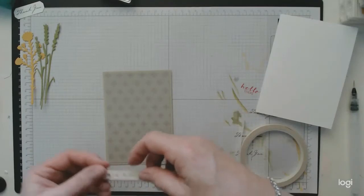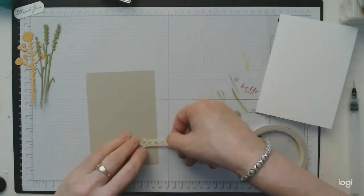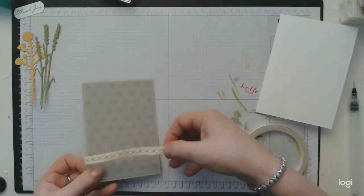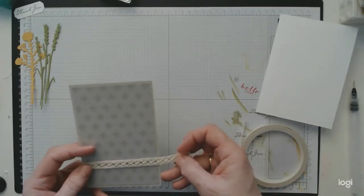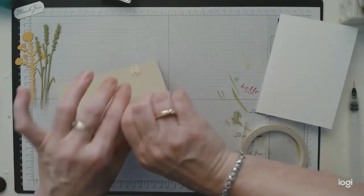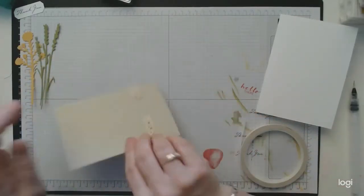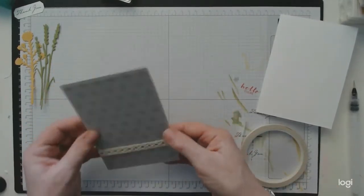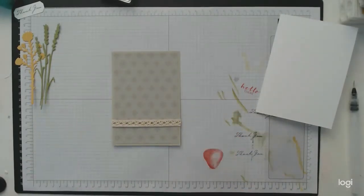So what I'll do is I'll just get this, best if I stick one side down first. Okay, and I'm just lining this up by eye. I don't tend to measure things a great deal. Perhaps I should have. That's not quite perfect. There we go, beautiful. Okay, so